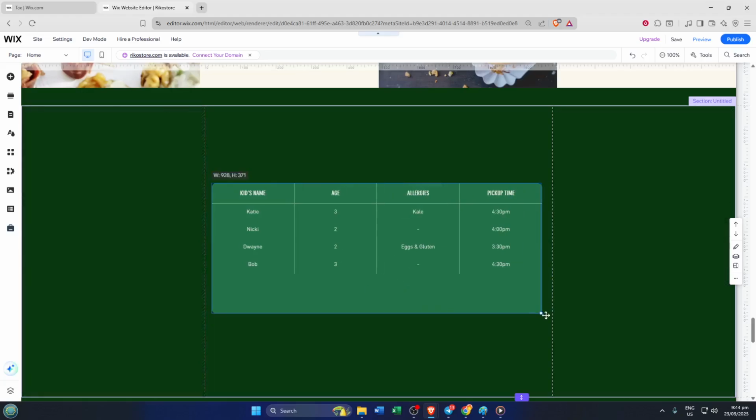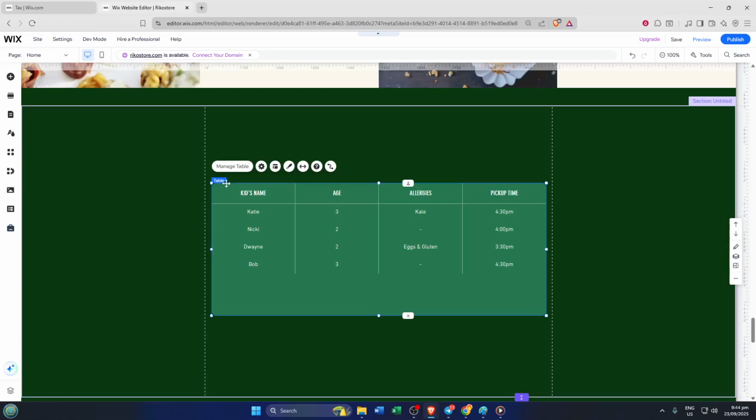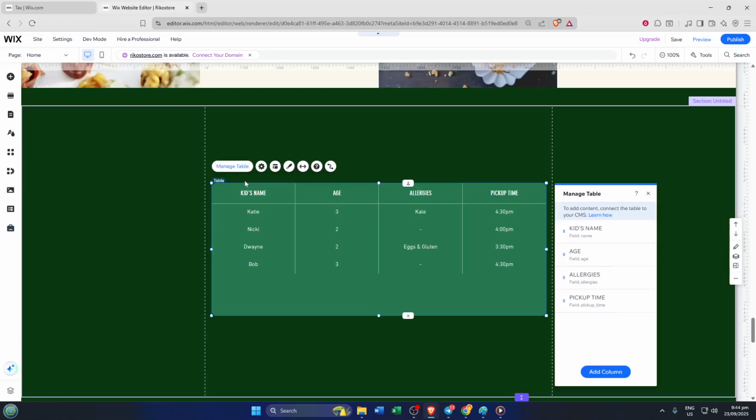To manage your table, click on it and look for the editing options that pop up. Here, you can adjust the number of rows and columns, change colors, update headers, and enter the actual data you want displayed. Play around here, and don't be afraid to experiment. It's easy to undo mistakes or revisit your changes. For example, if you're editing a pricing table, you can type in product names, prices, features, and so on, until